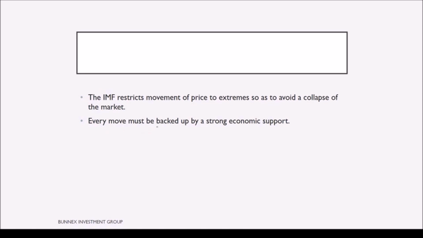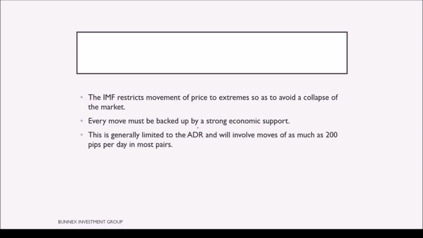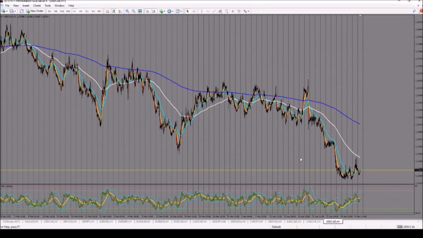So every move must be backed up by strong economic support. With these facts in place, we would know that the ADR will hold. So this general limit to the ADR involves moves of as much as 200 pips per day in most pairs. Now let's go over the charts and learn how to combine the ADR as well as the Elliott waves. Right, so this is USD against